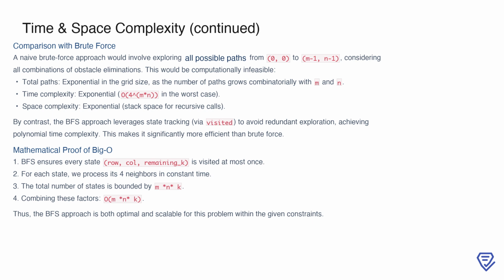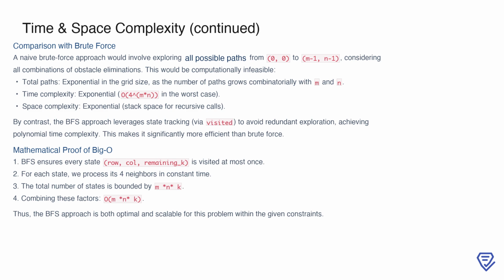In contrast, the BFS algorithm avoids redundant exploration by tracking visited states, achieving a significantly more manageable polynomial time complexity of O(m*n*k). A mathematical proof of this complexity arises from the fact that BFS ensures each state, (row, col, remaining_k), is processed only once, and each state requires constant time to explore its four neighbors. Since the total number of states is bounded by m*n*k, the BFS approach is not only optimal but also scalable